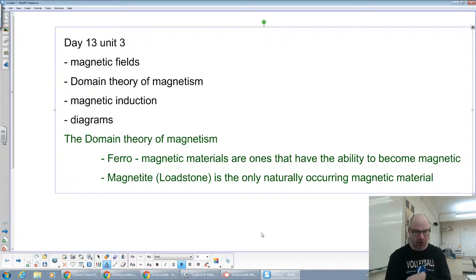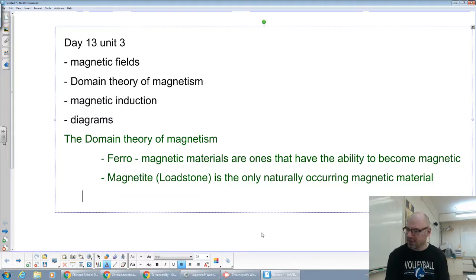And that's a couple of facts in there. The first thing, according to the domain theory of magnetism, is that ferromagnetic materials have large amounts of atoms in them, and they act like mini magnets because of the poles that they have. They have little magnetic poles on them, and they call these domains. So that's where the domain theory comes in. So in domain theory, it's thought